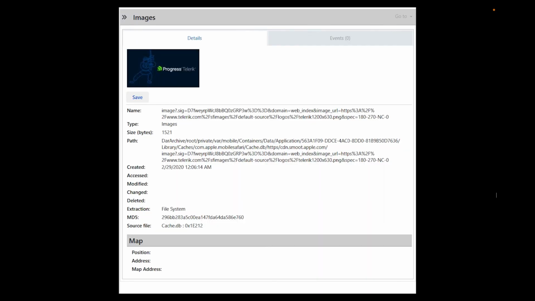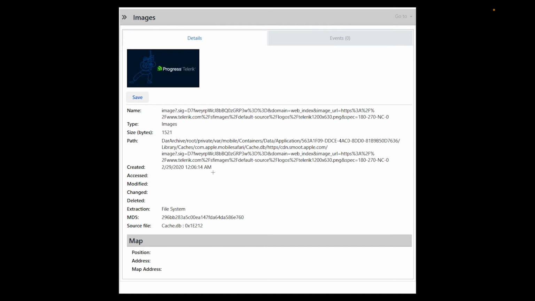In this video, I want to talk about cached images from Safari on iOS devices. I think that as examiners, we all know that images cached from a web browser make for problematic evidence because it's really hard to tie those back to a specific user action, and generally they don't come along with timestamping information. But if you've processed mobile devices, then you've no doubt seen lots of images from Safari's Cache.db,